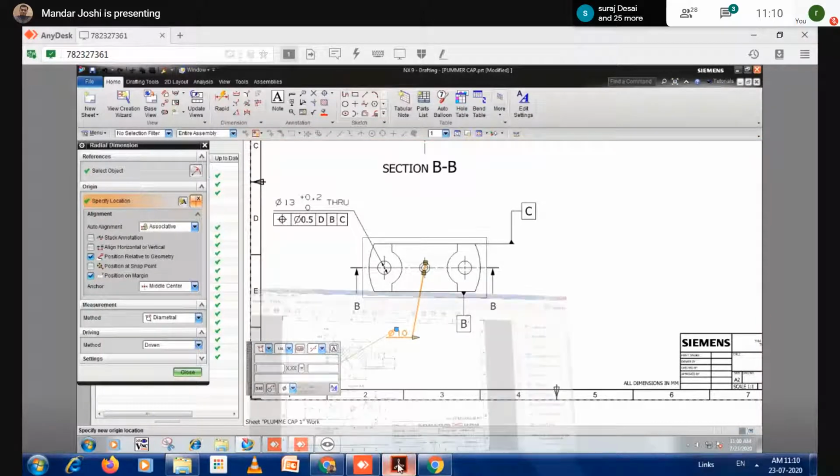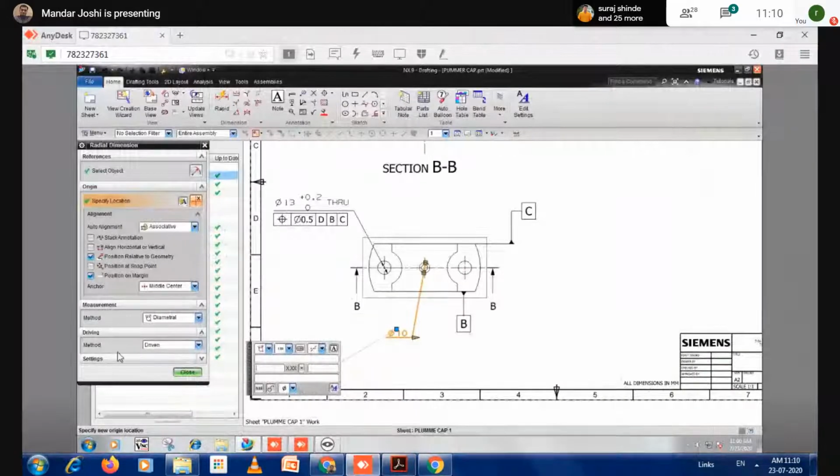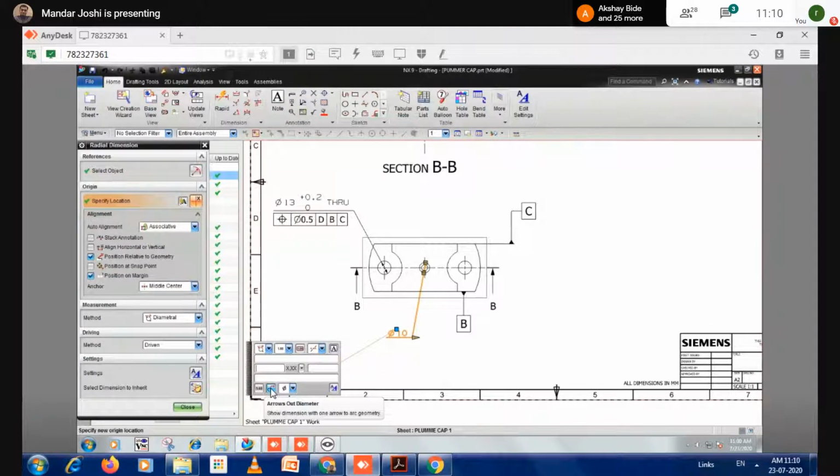So what I need there, counterbore size. Just a minute, I'll do it again.